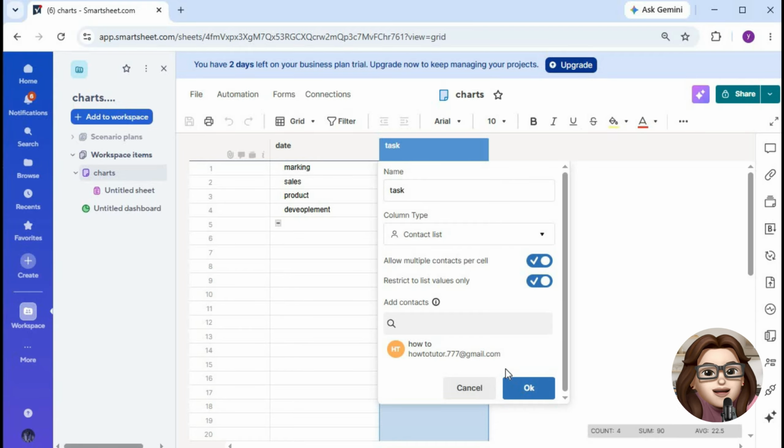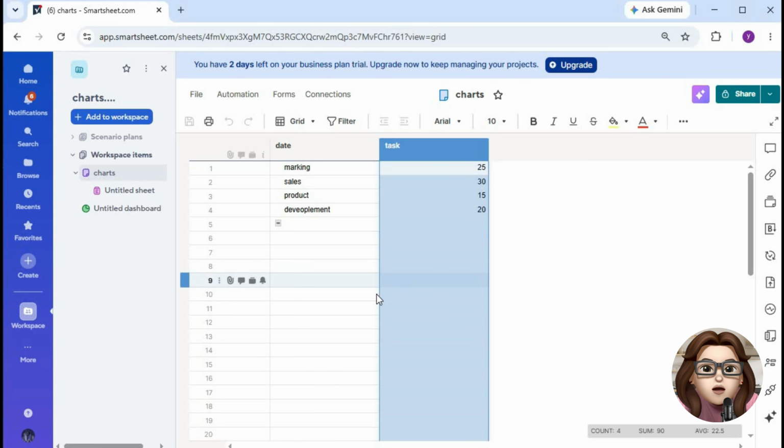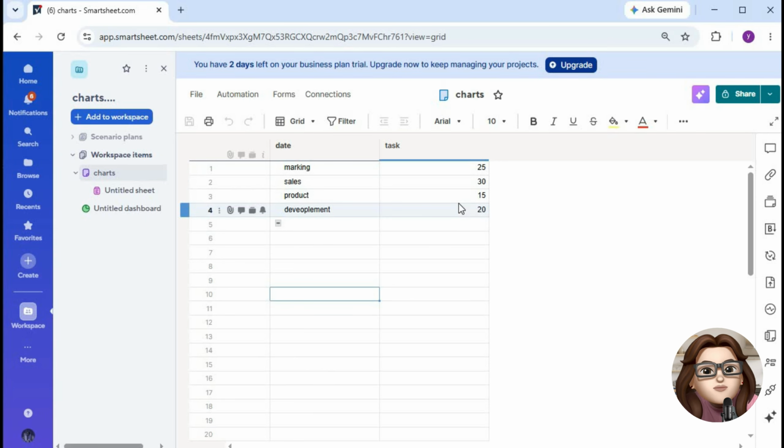Once the column is set up, simply click a cell and choose a contact from the drop-down list. Smartsheet will automatically associate that person with the task and support notifications and automation workflows tied to the contact. Using contact columns helps keep assignments organized, reduces data entry errors, and makes